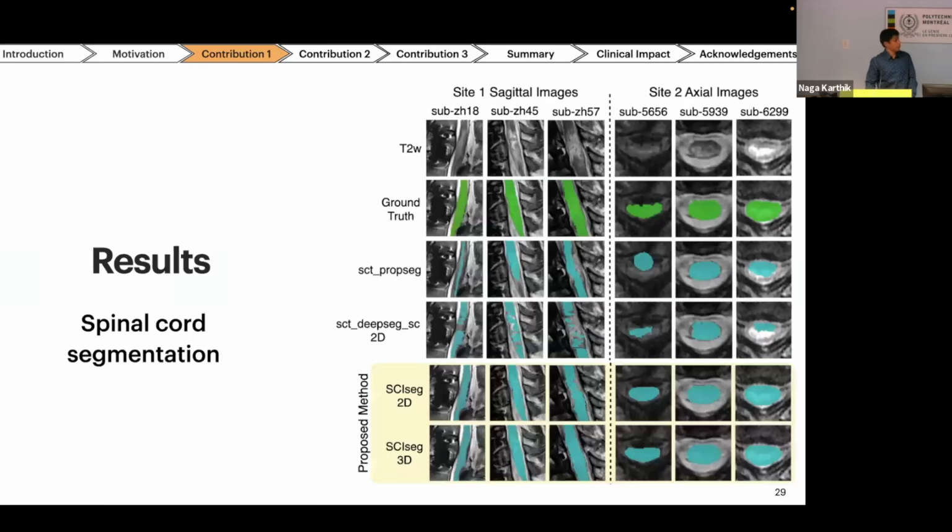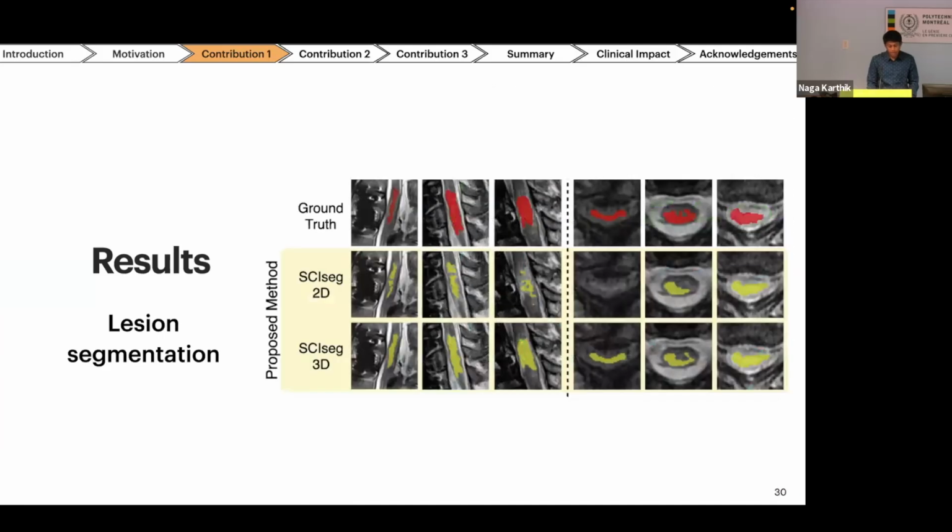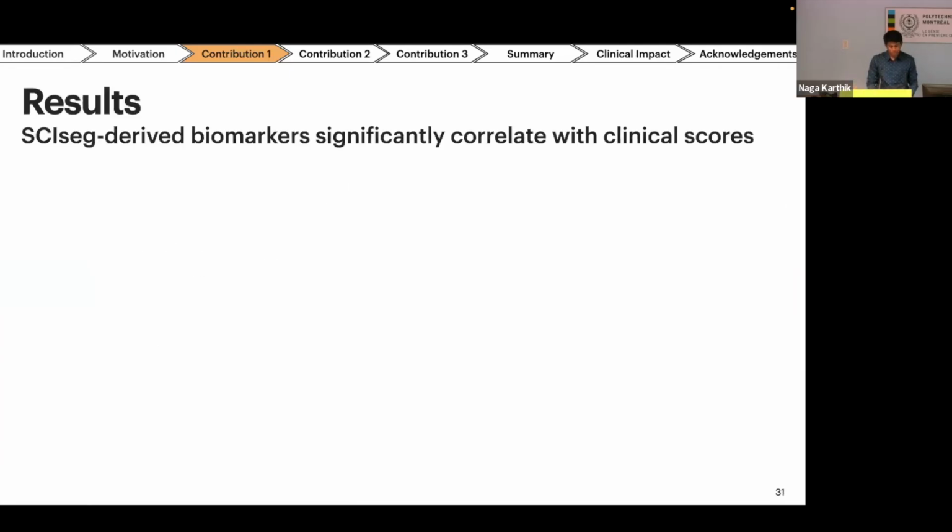So these are some qualitative results. We can see that the model, because it was trained on this data, segments the lesions and segments the spinal cord in the presence of lesions, compared to the previous methods. It's a similar case for lesion segmentation, where the 3D model was able to obtain better segmentations than the 2D one. So these are qualitative results, but what is interesting from this work was that the biomarkers that were